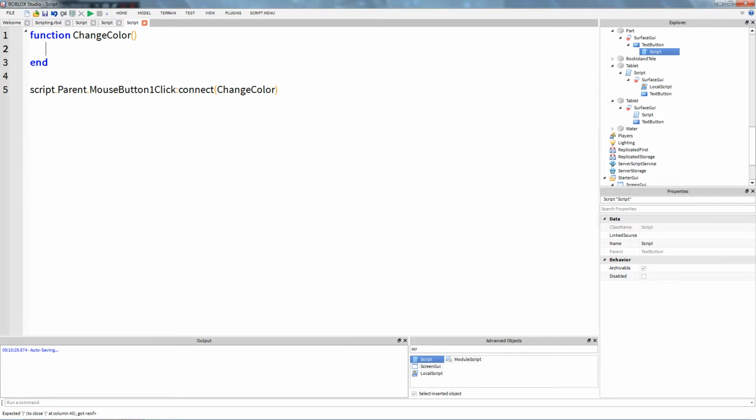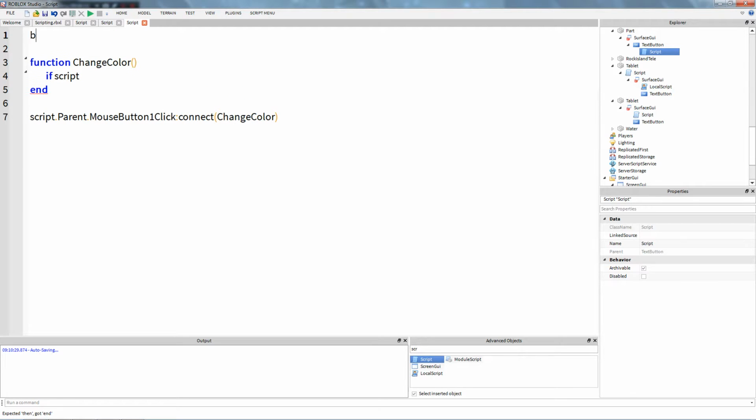And again, I explained this in the other GUI tutorial, and we're going to do pretty much the same thing that we did. We're just going to make it so that it changes colors. So, well, let's make it easier to type here. button equals script.parent, then we can type button instead of script.parent every time. If button.TextColor3 is equal to